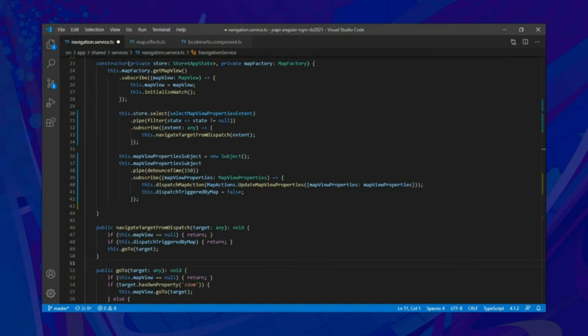At this point, you might be thinking, this is way too complicated, or I might have lost you. Well, it is complicated, and I'll admit this feels a little hot-wired. A better approach might be to create an Angular module, just like NgRx does for their router store module, that would watch for changes in the map view extent and update the state in the store. If a component like bookmarks needs to modify the extent of the map, we could inject the map factory to get access to the map view,